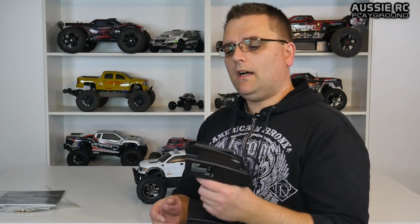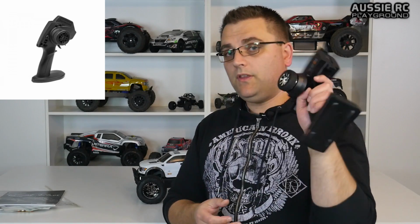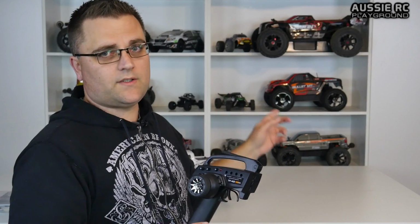I think it was a Fiesta. Anyway, it was like a Ken Block little mini thing, and it came with this poxy remote. It was just so bad. These remotes, which I also got with the HPI Bullet Flux that you see back there,